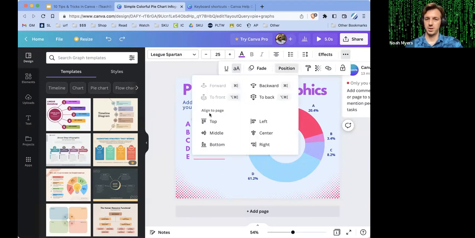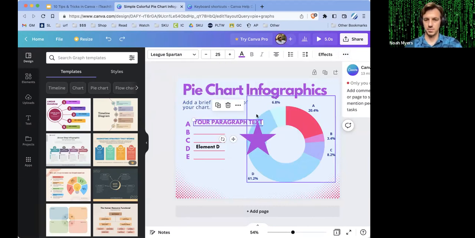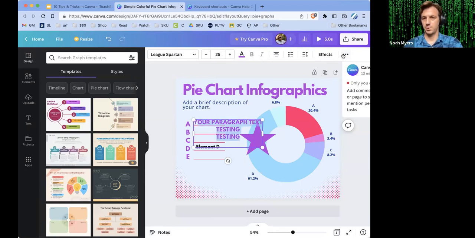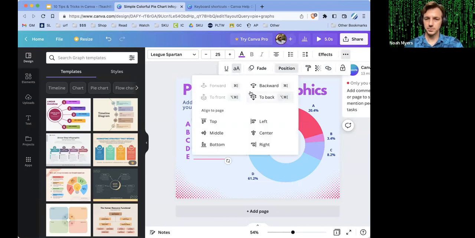The position of something, this is more if you have a bunch of things. So you know what, I'll just make a list. Why not? It's not going to go with this at all. So when we talk about positioning, you have different layers on your graphic here. So if you go backward,